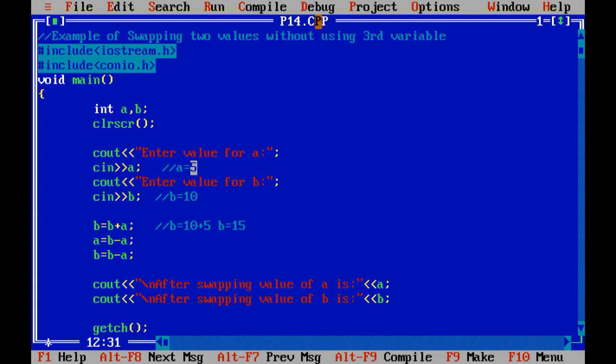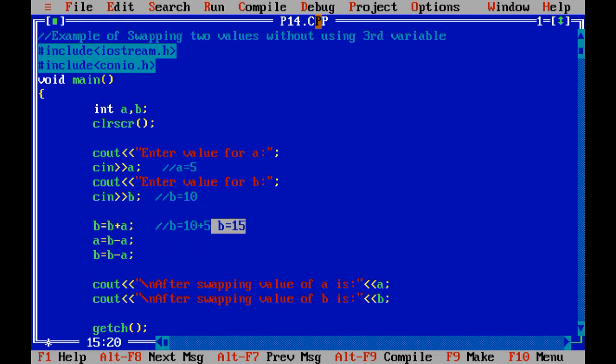Now the latest value of B is 15 and the value of A is 5. So initially the user inputs 10 into the variable B, but after that we performed the addition of B and A, and stored that again into the variable B. So after completion of this line we have B equals 15.